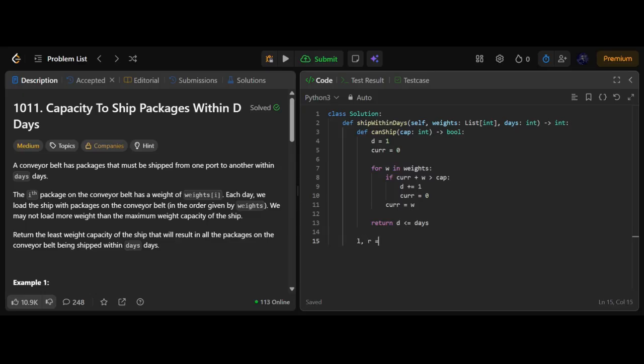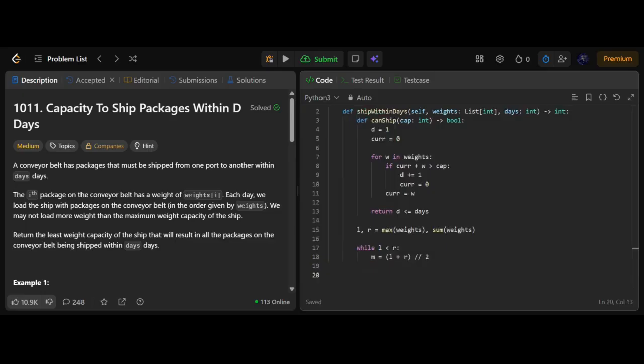Then we want to have our bounds, right? Our left and right pointer for our binary search. We said that we want our left pointer to be the maximum value of weights. Our right pointer is going to be equal to the sum of weights, and we want to say while left is less than right, the median value is going to be equal to left plus right divided by 2,